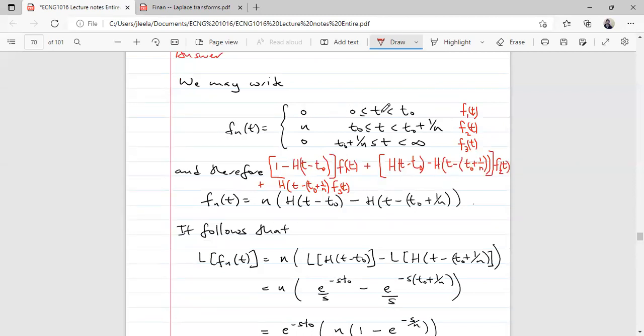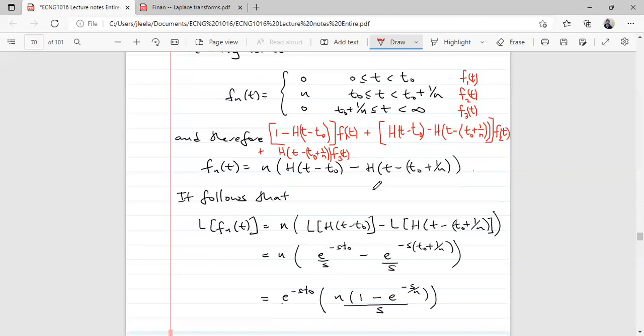So we know the first one on top here, right? The first one here, you have to take 1 minus the Heaviside, t minus t0, and multiply by the first function. Then the second one, now you have to take the Heaviside, t minus t0, that is the first endpoint, minus the Heaviside, t minus t0 plus 1 over n. So you're subtracting all of that, that is the next endpoint. And then you multiply that by the second function, right? And then the third Heaviside combination here will involve the Heaviside t minus t0 plus 1 over n, right? And then you're multiplying that by the third function, which is